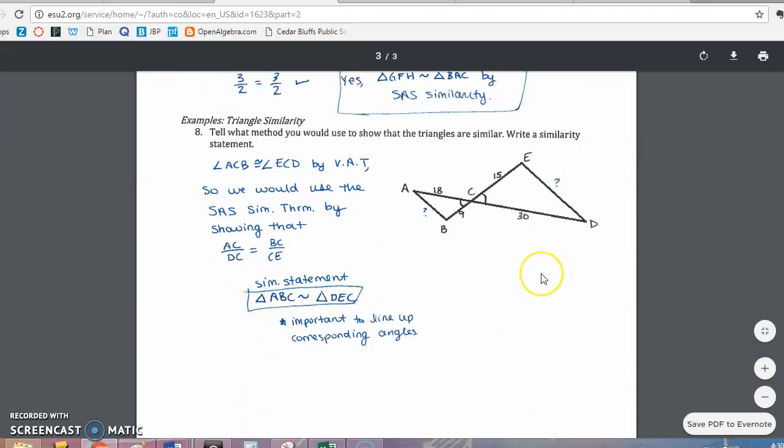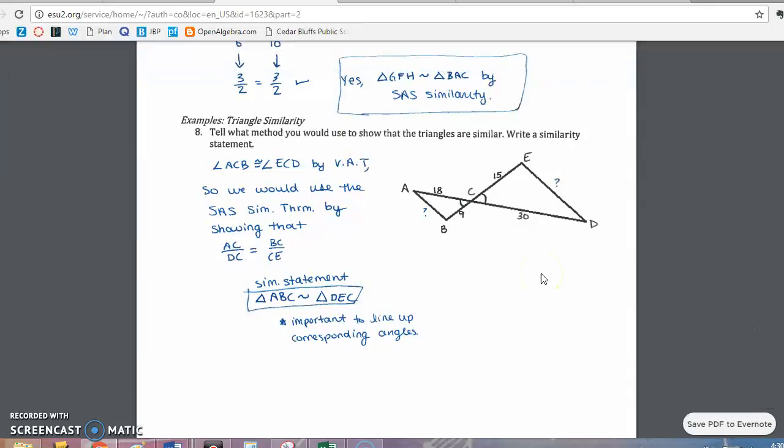Last, down here, we have triangle similarity. We want to know what method we would use. We are going to write a similarity statement as well. Well, we know that angle ACB is congruent to angle ECD through the vertical angles theorem. So here we have angle, we have the included sides, or including sides, so it makes sense here to use side angle side. If we were given two side lengths, naturally we would either want to use side angle side